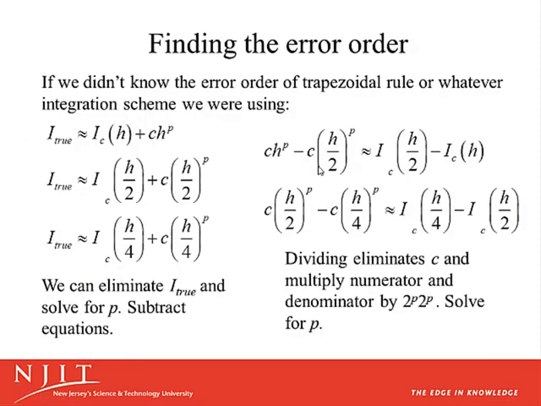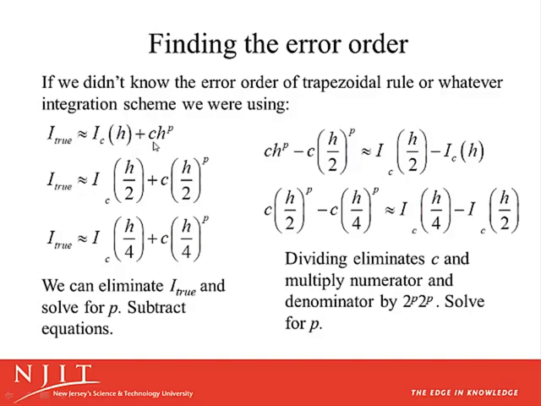Now, suppose we didn't know the error order. Suppose we didn't know p, but we have the iterates, the computed values in our iteration scheme, for a certain step size h, h over 2, h over 4. Well, we can use the same idea, but instead of solving for the true value of the integral, what we could do is solve for p, the order of this scheme for our particular integration problem. So again, we have the true value is approximately the computed value for a given step size, interval size,